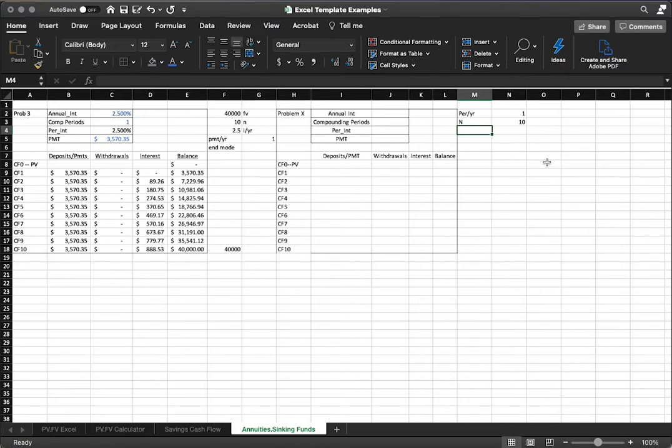Our interest rate, so I per YR, let's do 2.5%. And if you put the percentage in there, it'll actually format that to be a percent for you right out of the gates. And what mode are we in? Well, we're putting our money in at the end of the period, not today, so we're going to start at cash flow 1. So let's put the mode as end. Again, if we were going to do begin, it would start at cash flow 0, and we'd type begin here. And then our future value,